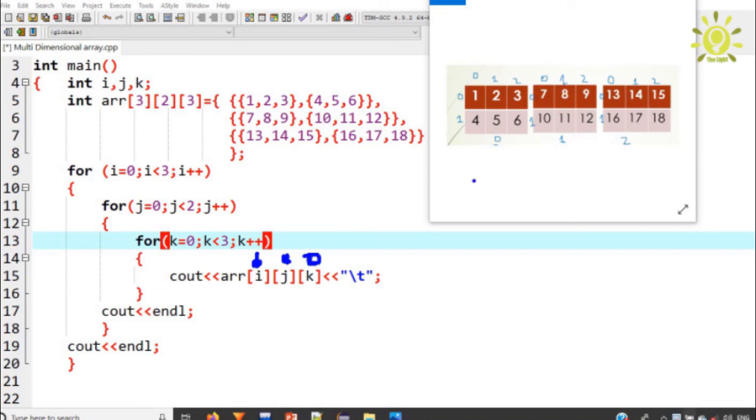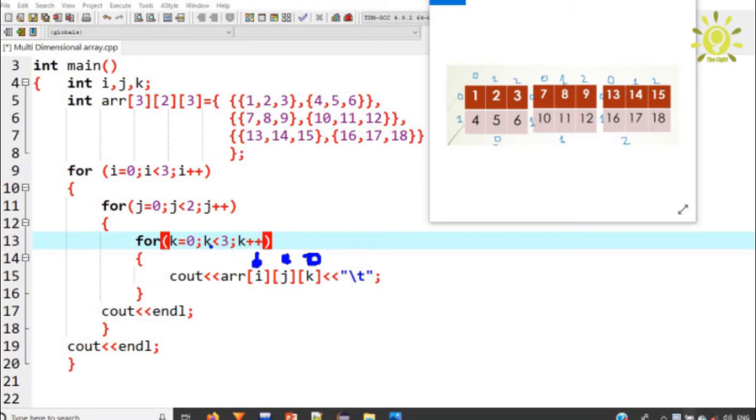So you can see that control will move to the second dimension. So that is 1 dimension, but the row is 0. So 0 row and the column k is 0. So 1 dimension, 0 row and 0 column. So 7 will be printed on the screen, and next tab, and again increment the value of k by 1.